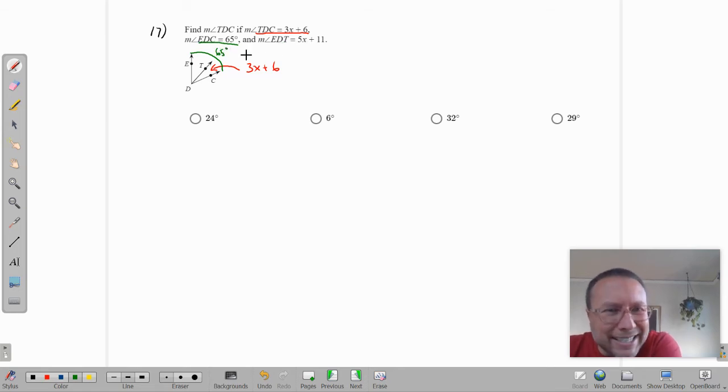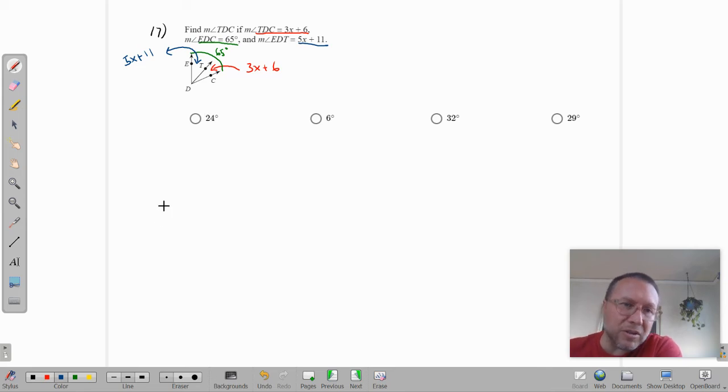And then EDT, that little wedge right there, and I'll use a different color for it, is 5x plus 11. So this little slice is 5x plus 11. Same idea, part plus part equals the whole. You just have to figure out what's the part and what's the whole. So the two parts in this case are 5x plus 11 and 3x plus 6. And when you take those two parts and add them together, you get the whole thing, which is